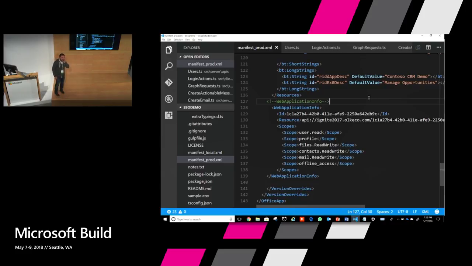So the question is, let me repeat it so that you can tell me if the question is right. I think what you're asking is would the app still work if the Azure Active Directory app is a V1 app? The short answer is that in order for SSO to work, the app needs to be a V2 app. So you will have to create another V2 app, but it will simplify the flow significantly. Any other questions?